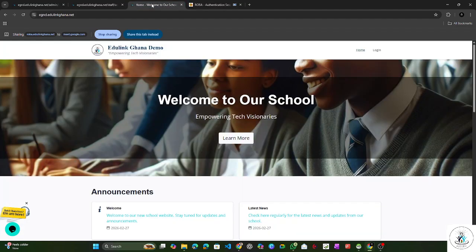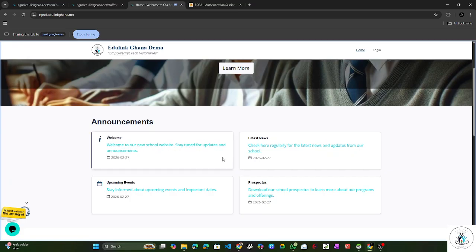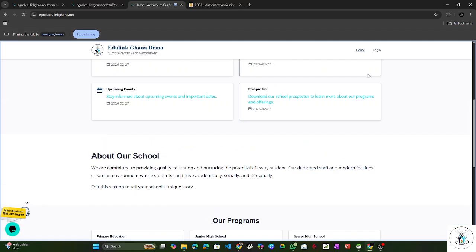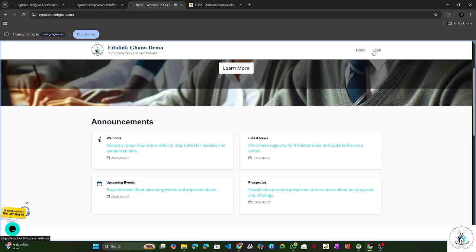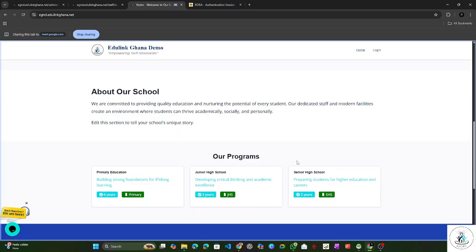But ideally, each school will have a website on the system, and this is a sample website you're going to see. You can add your school images and all that. Any announcement you'd like guardians to know, you can put on the website. And the login now will work on the website. They can log in from here. If schools would like to put admissions for guardians to apply online, we are still working on that, but you could add your admission forms for them to be downloaded and filled. Yes, so this is